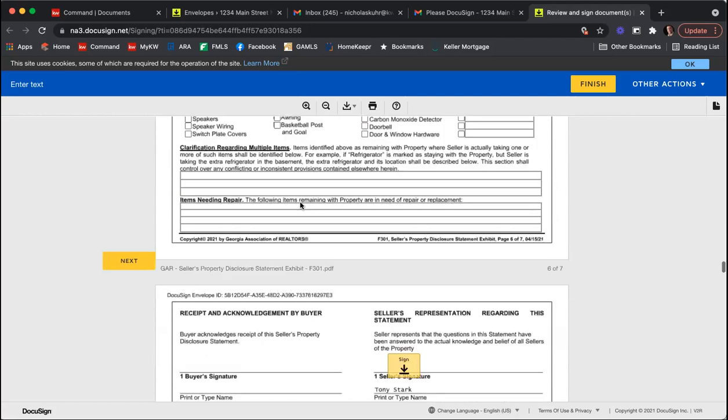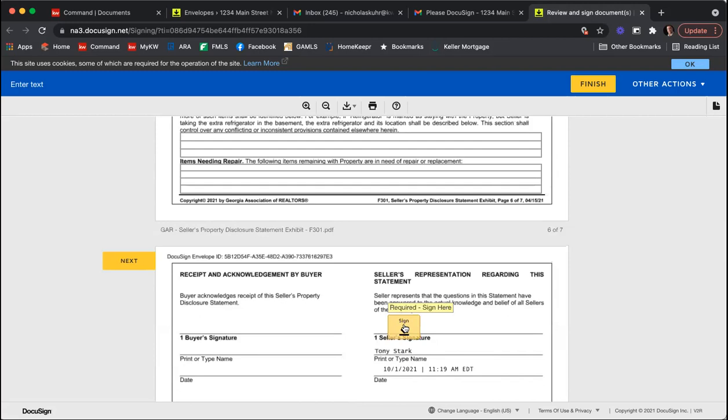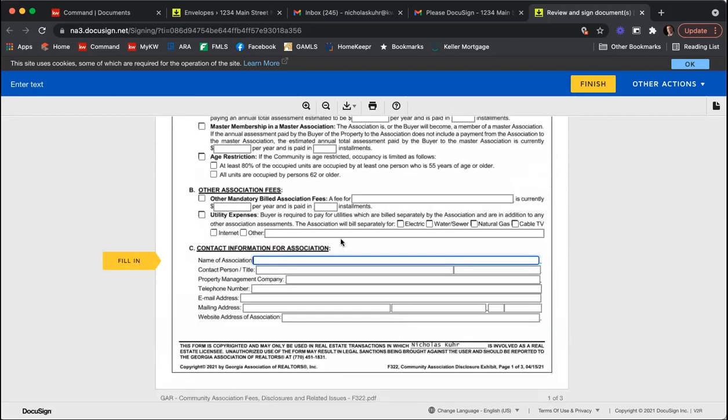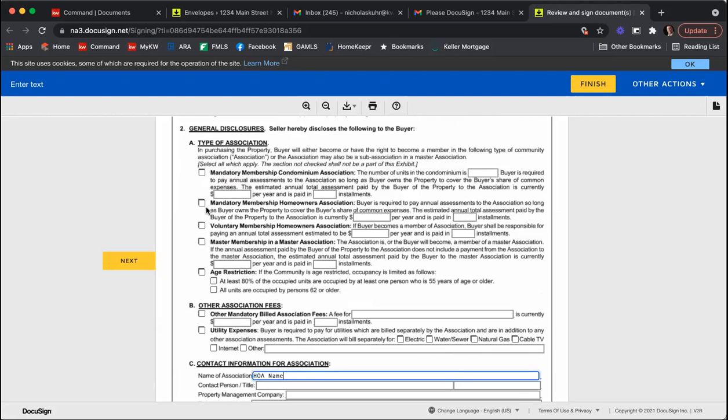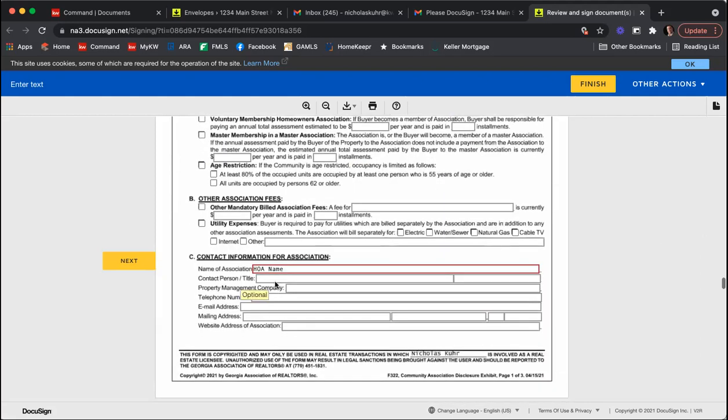All right, he scrolls down, Tony signs. And now it's going to jump to the community association disclosure. And this is the name of the association, so we'll just name this HOA name. And it's really easy for Tony to scroll up and say, okay, I have a mandatory HOA, and it costs $1,000 and it's paid in 2 installments per year. And then he can fill in the rest of the information,